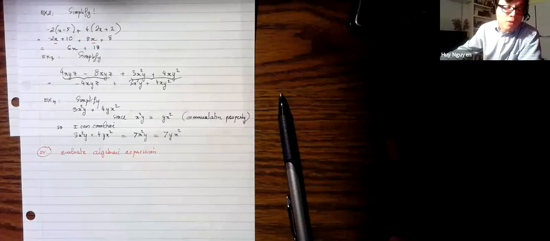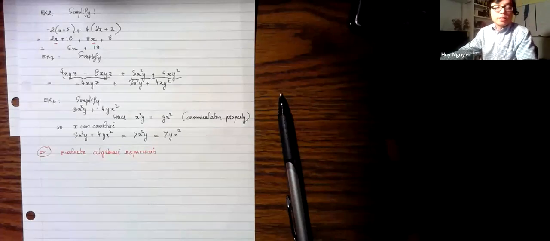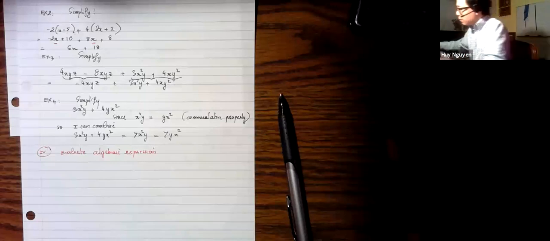There's no variable yet. But when you evaluate algebraic expression, because it's algebraic expression, it contains variable x. And when I mean evaluation of algebraic expression, what you do is basically you replace the variable with a number. You replace variable with a number. For example,